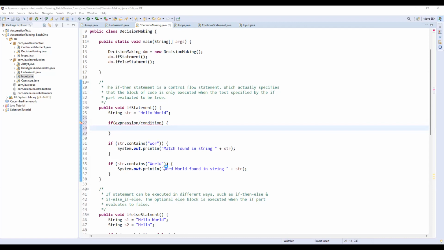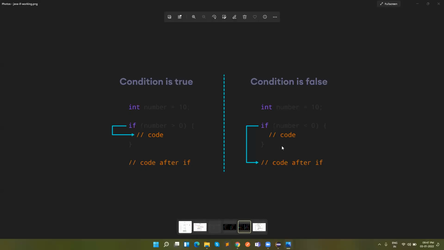I'm pretty sure that everyone got the idea about how if else works, but still, let me show this one. Can you see the screenshot?